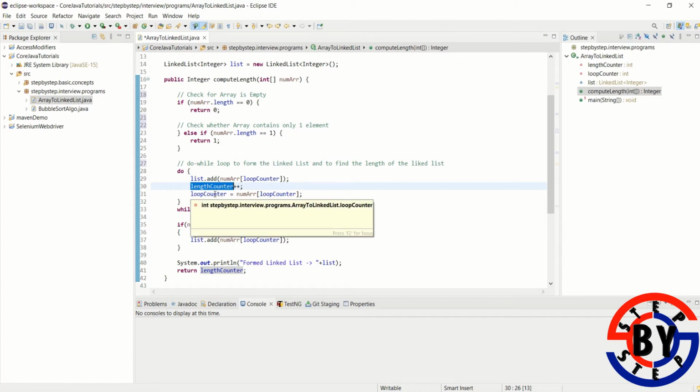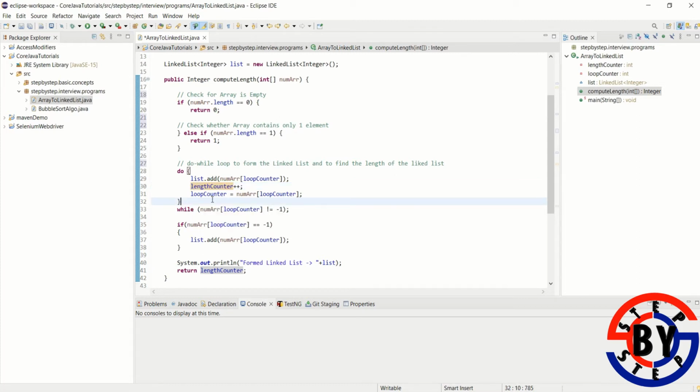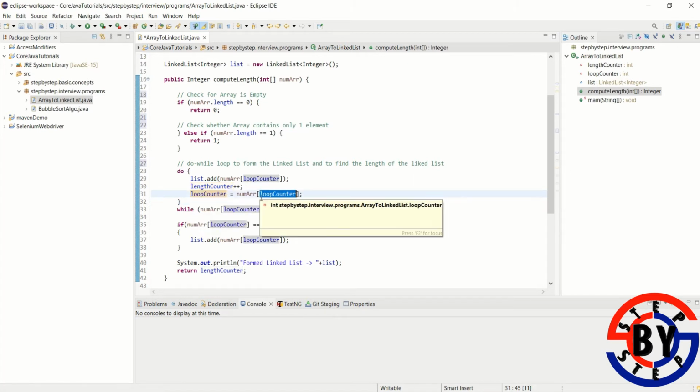Then the second, important condition is that the next value which we need to add to the linked list will be there at whatever value is there in the index which we are using. So that will become a new index basically.